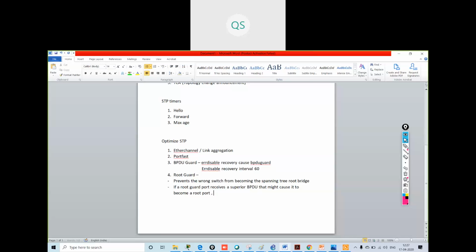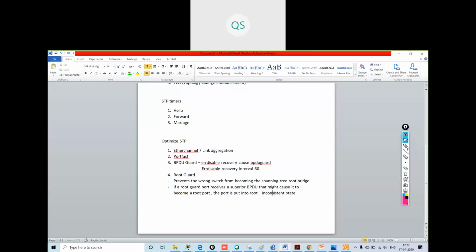Then in that scenario, the port is put into root inconsistent state. What is it put into?